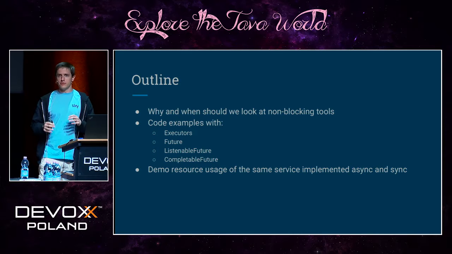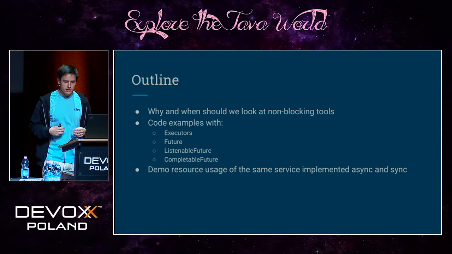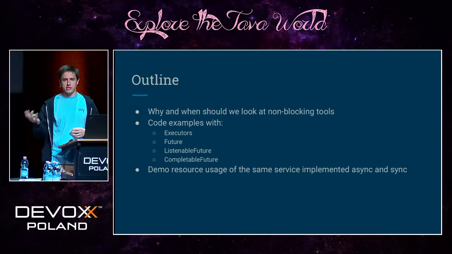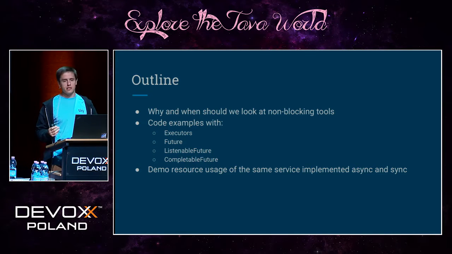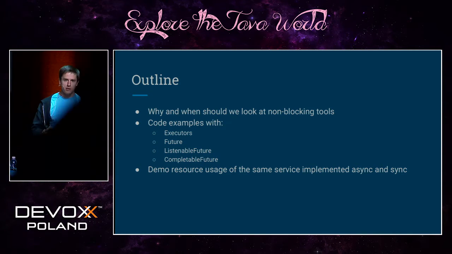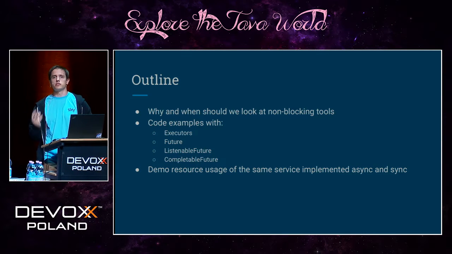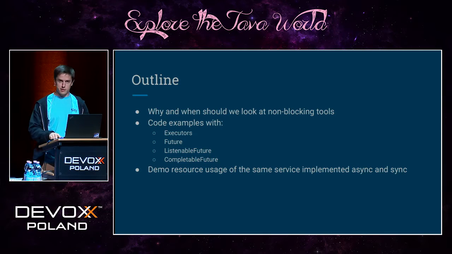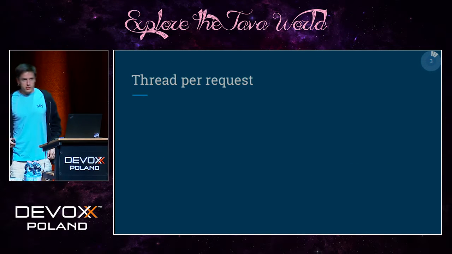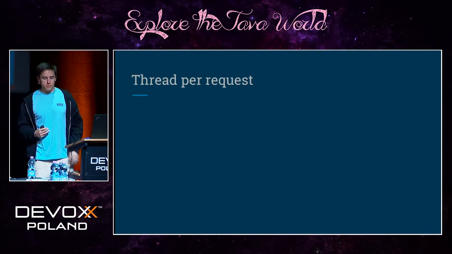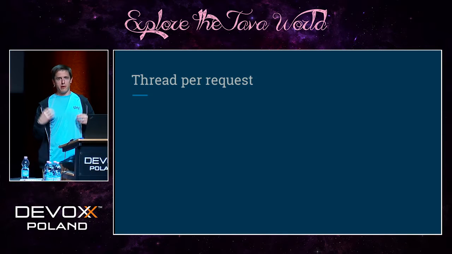What I'm hoping to cover in my ambitious schedule is to build a service synchronously and asynchronously. Show you how to use executors, futures, listenable futures, completable futures, hit it with a bunch of load, and show the difference in resource usage between the two. It is ambitious. So before we jump into the practical, I want you to start thinking about the threading model